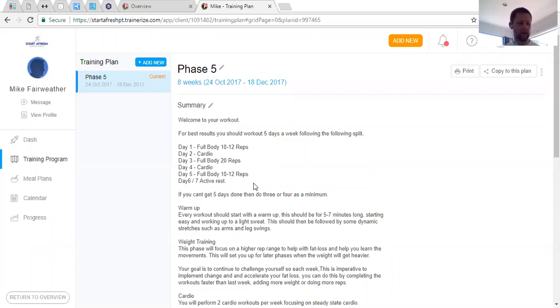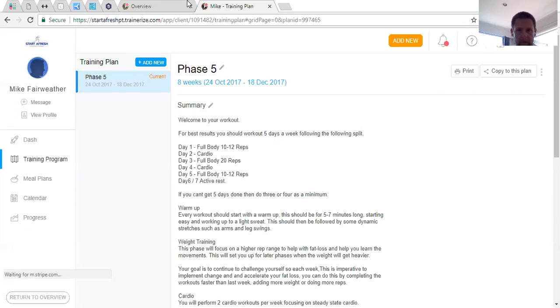This is just going to be a quick video for you to show you how to print down your plan basically. So you should have your little dashboard like this. Okay, so if you come into training program right there, this is going to pull up this one, which is right here, which gives the training parameters and stuff. But if you just come into print and click on the print button,